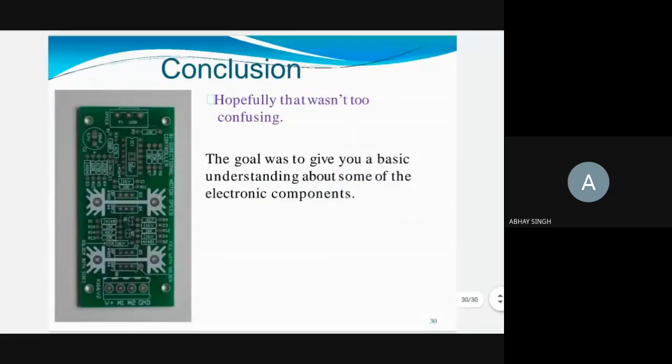So this is all for today. I think it's already time. Today was just an introduction, how we should see electronics in an intuitive way, a feeling of how the devices work. Diode as a unidirectional valve, transistor as a pipe which can control the flow of current, capacitor as a tank, inductor as a carrier of energy in terms of a magnetic field. Capacitor carries energy as an electric field. All those things. So I think we can stop here.